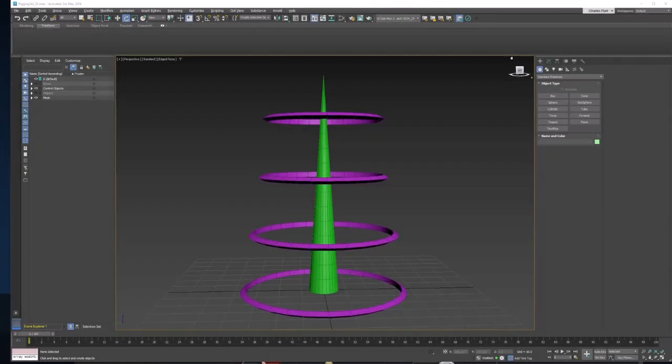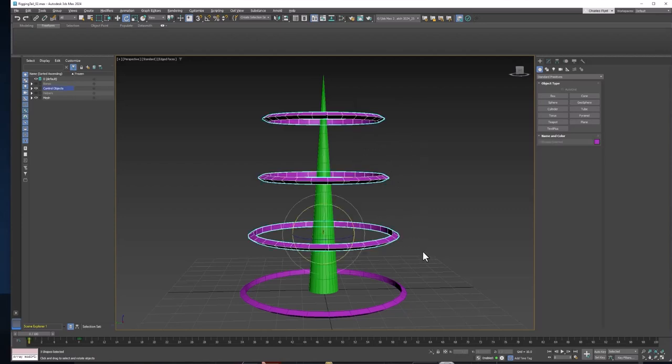Welcome 3D students. In this video we're going to animate this structure that we rigged here. So let's get started. First thing we want to do is check the rotation of our control objects here. We set this at the close of the last video, but we just want to double check and make sure